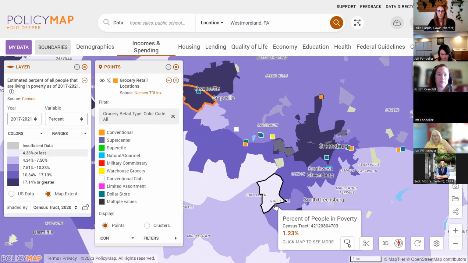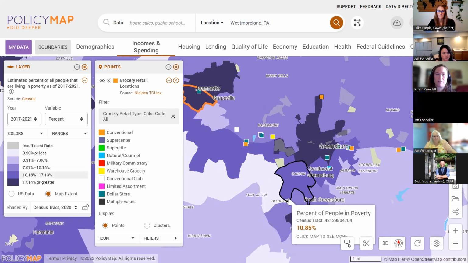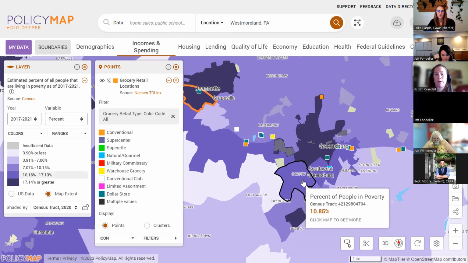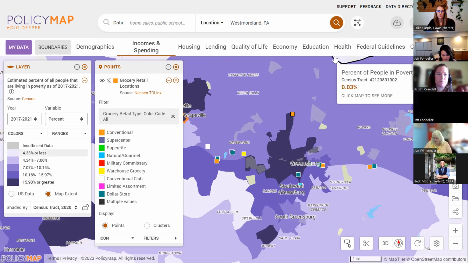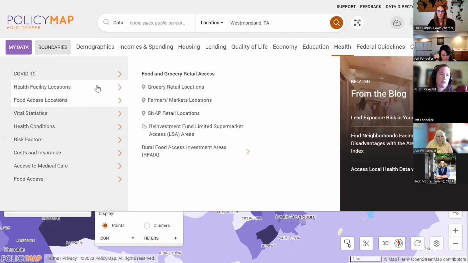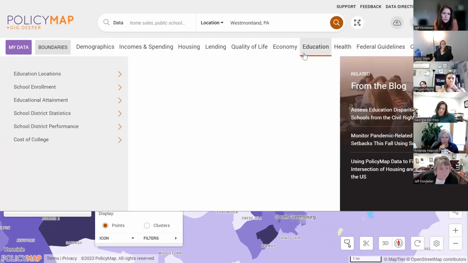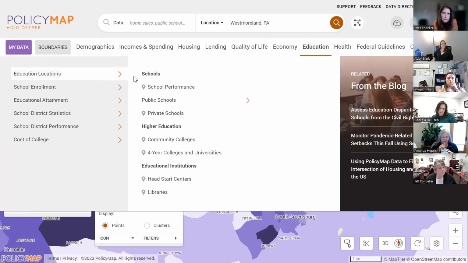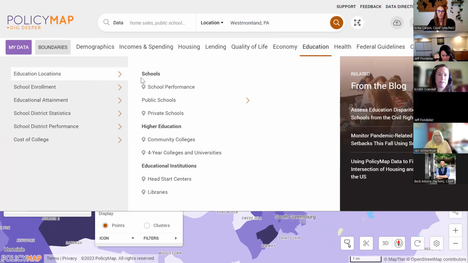And so there's a lot of different community asset data. I know you do a lot of needs assessments, and there's probably some asset mapping with that. You'll find a lot of different community assets as this kind of point data in the tool that you can overlay with the layers as well. So things like grocery stores, farmers markets, SNAP retail locations, different health facility locations. Under education, you'll see a lot of address level school data, where Head Start locations are, and libraries,